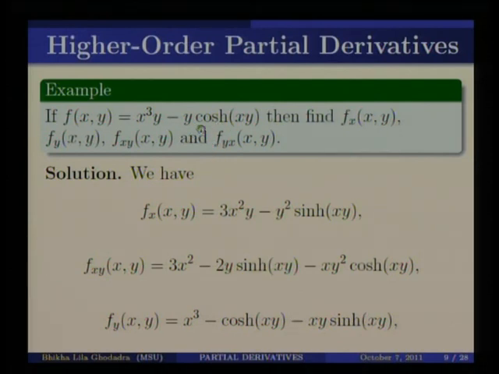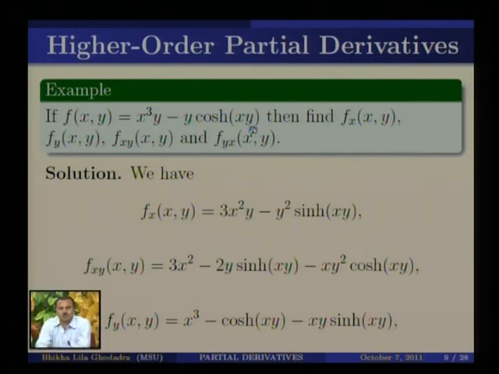Here again we are keeping y fixed, so this is a constant, and we take the derivative of cos hyperbolic xy. The derivative of cos hyperbolic xy is sin hyperbolic xy, so this will be y, then sin hyperbolic xy, and then the derivative of the function xy, and because y is fixed and the derivative of x is 1, it will be y. So y is multiplied here, so finally the derivative of the second term becomes minus y squared into sin hyperbolic xy.